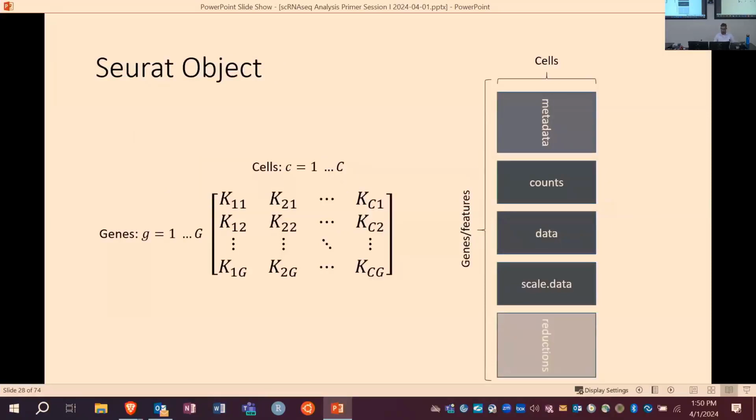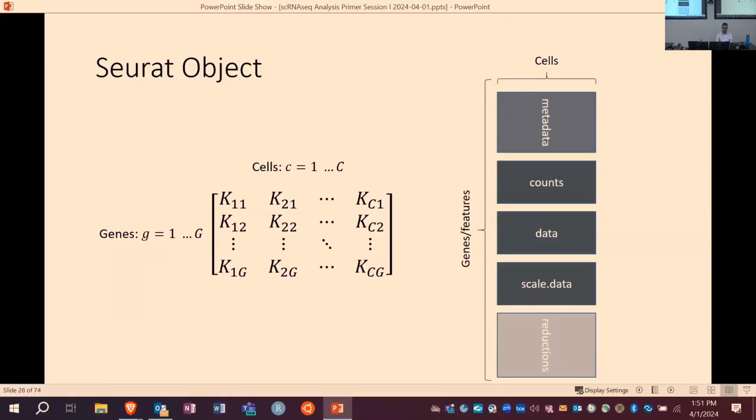Okay, so moving to the Seurat object. Ultimately, Seurat does store a sparse matrix within it, and we'll see that when we walk through. That sparse matrix looks like this: the cells are columns, and the genes are rows. Within Seurat, there's actually a lot of other stuff, which I'll show in a second, but the main bulk of the data is in these 5 bins. The counts data is the first thing. The raw sparse matrix that you get from Cell Ranger is stored in the counts